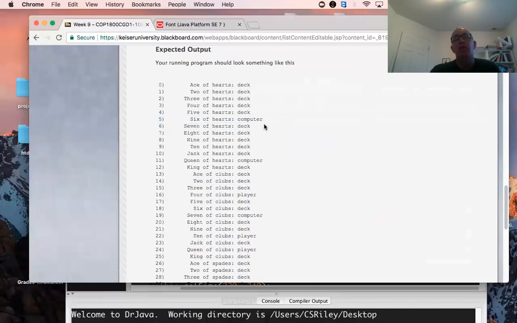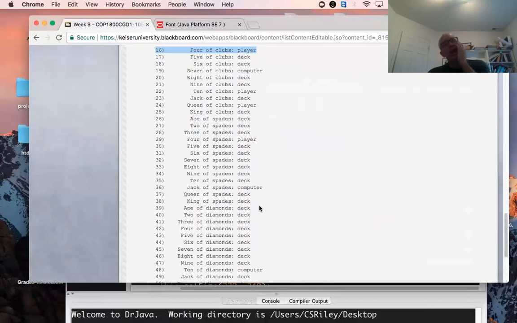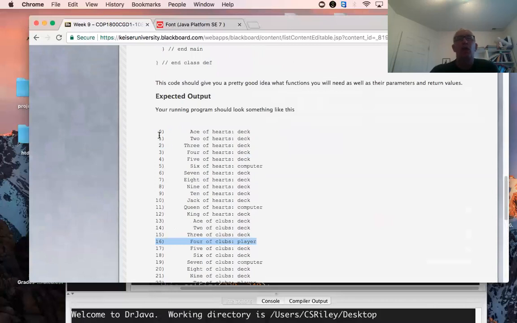Where's the 7 hearts? The deck owns that. Let's find something the player owns. 4 of clubs. That belongs to the player. So what I'm doing here is I have a single data structure which doesn't contain the deck or the computer